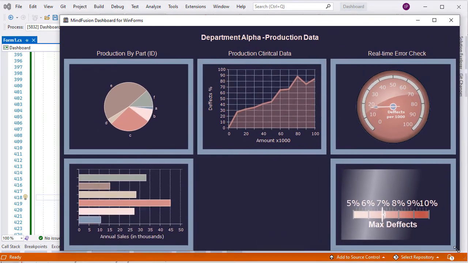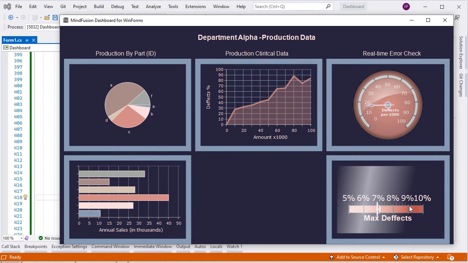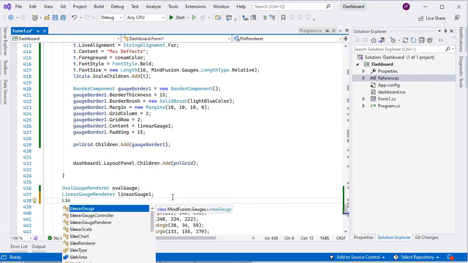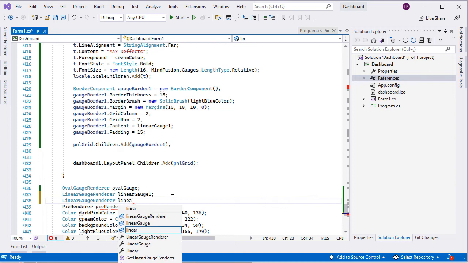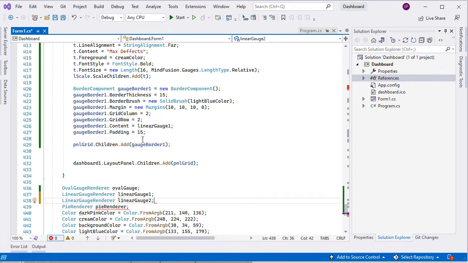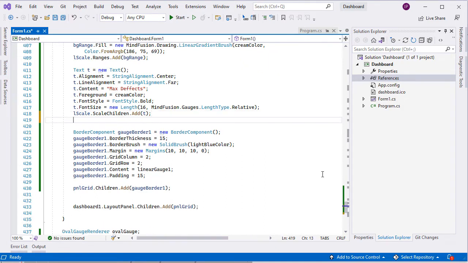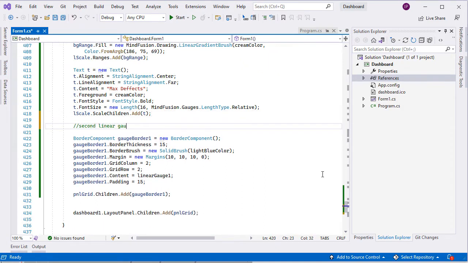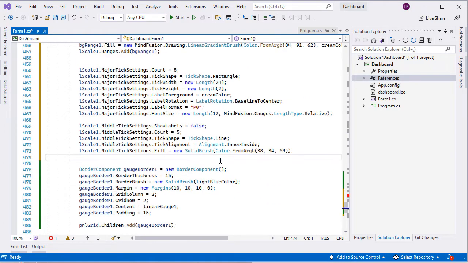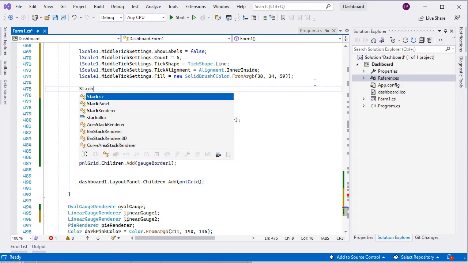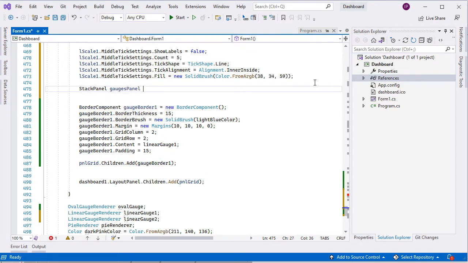The other gauge is identical, so we will just paste the code for it. We declare a new linear gauge renderer and use it for the second gauge. Now we will create a vertical stack panel.